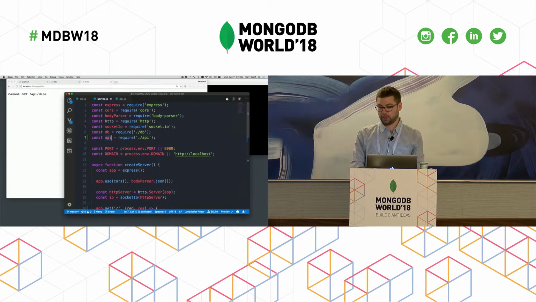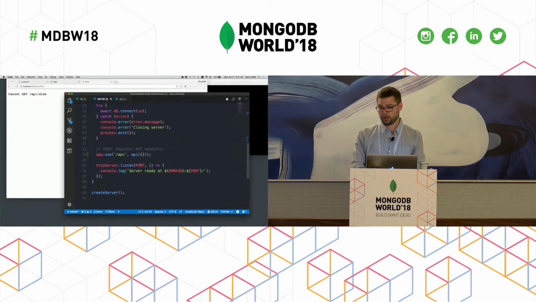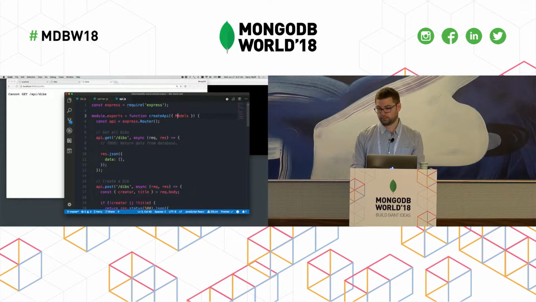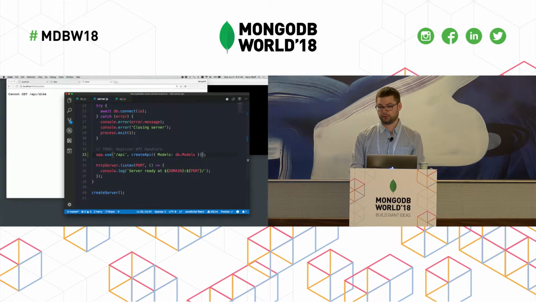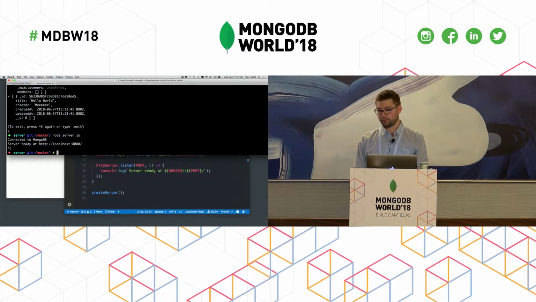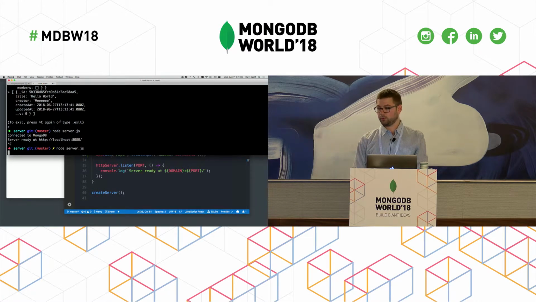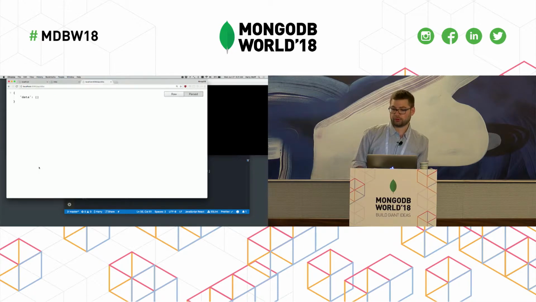This is actually exporting a default of createAPI, so I'm going to rename that to make things less confusing for myself. So that's createAPI. This is createAPI, and again we want to pass in that models object. So it's models is db.models, like that. Because again, if you remember, it's taking in an object which has one property. This is an ES6 feature, which is destructuring off of an object. Let's not worry about that for now. We can save that. We can go here, restart our server,